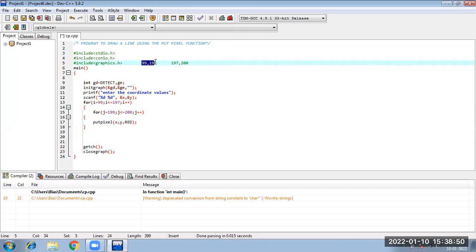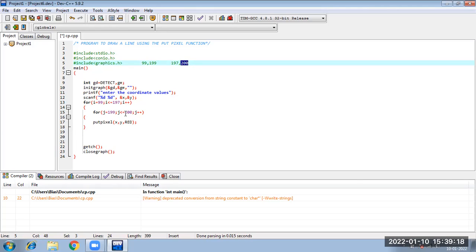This is your x1, y1, your x2, y2. This is your x values and this is your y values, right? For your y1 and y2. So one loop is between x, from x1 to x2, and inside it there is another loop for y, from y1 to y2.